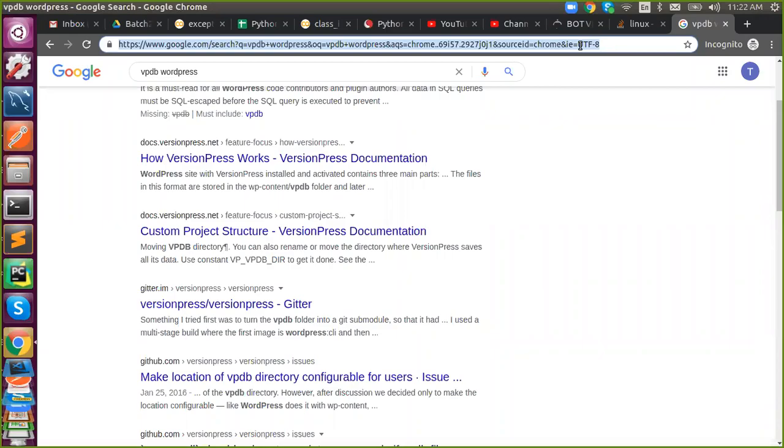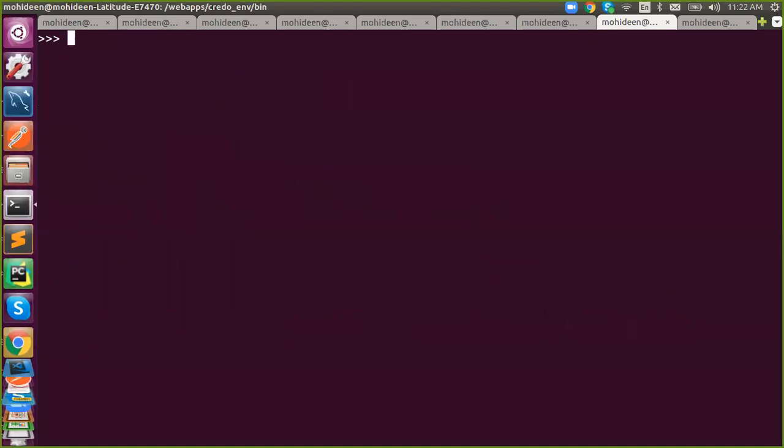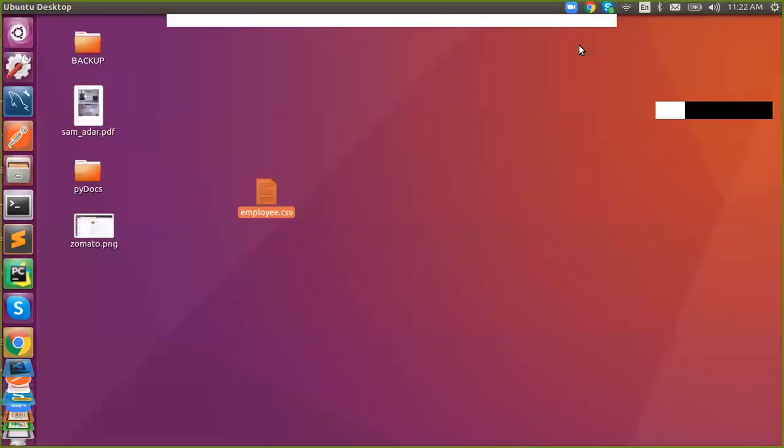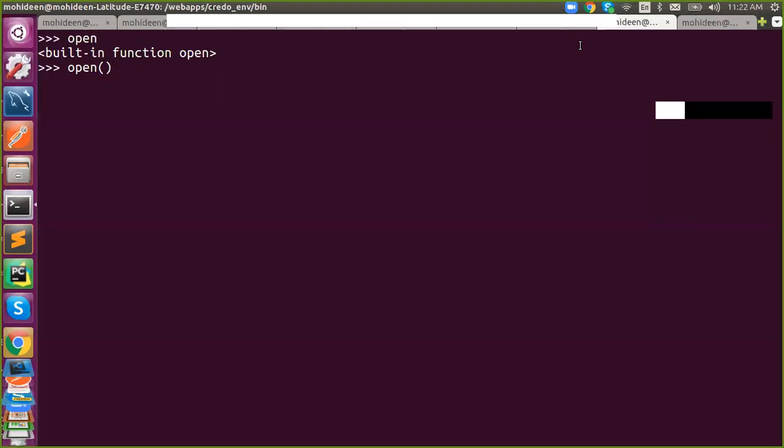Now we are going to handle files. To handle a file, Python provides a lot of modules, or I mean a lot of packages, to handle your files. By default, Python comes with a basic file handler that is called the open function. We can open any type of files with the help of open. We'll discuss in detail tomorrow how to achieve it, what open is and what it actually does.